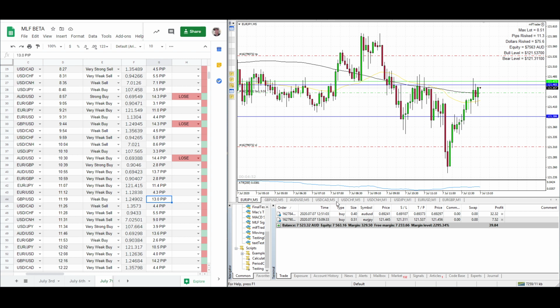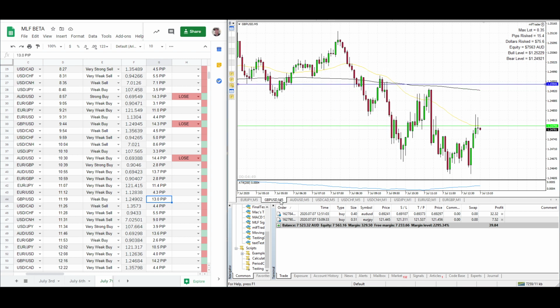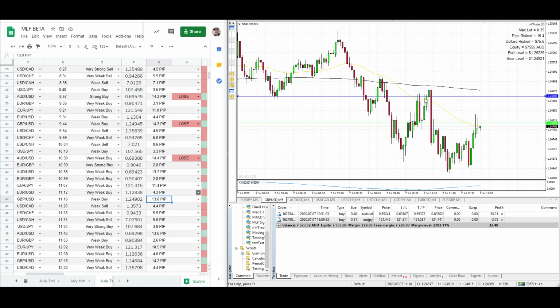Okay, so back to the GBP USD, figure out what these were. 24902, 24. So this is going to be a loser as well. Bummer. I'm guessing we took it on this pullback here. So we're getting in at very, very bad entries here, and if I was taking these particular trades, I probably would not be getting in them, because I can clearly see that this is a downward trend here,